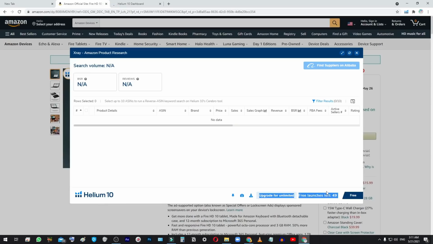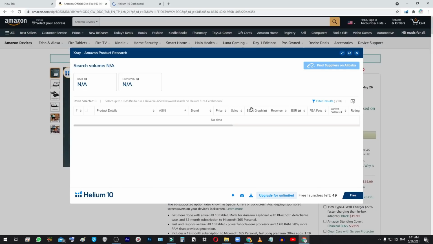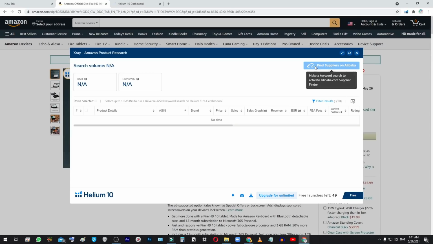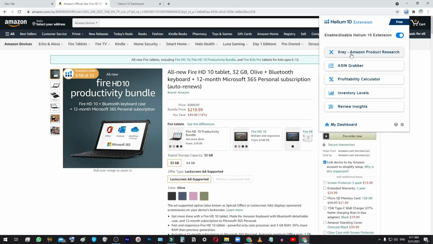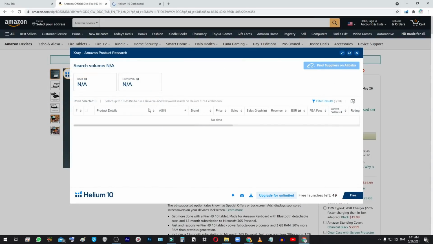This is the tool that you are going to use on Amazon.com to pull up a bunch of data telling you if the product is selling, how many units of it, at what price, competition levels, all that sort of stuff. I will actually show you that right now. And then this up here, this blue icon, if I click that and then click X-ray, this is the Helium 10 X-ray tool. What this tool does is it compiles all the important data that you need from this page about these products into one box here for you.